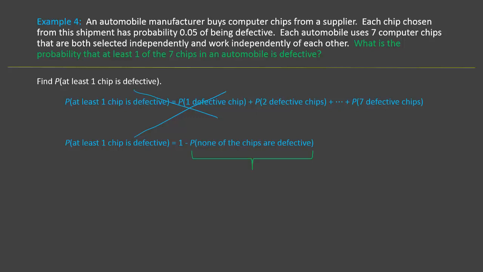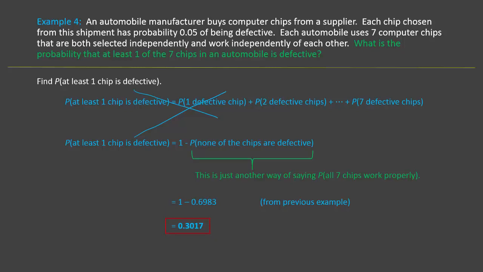Right here, note that none of the chips are defective is just another way of saying all 7 chips work properly. Well, that's the probability that we solved for in the previous problem. It was 0.6983. So the probability that at least one chip is defective is 1 minus 0.6983 from the previous example, which is